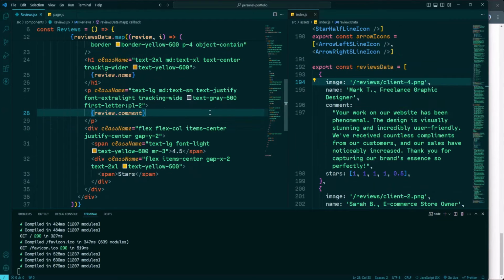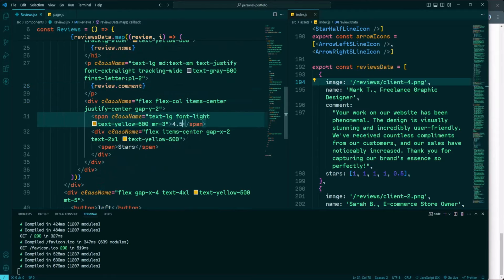Now let's move on to calculating and displaying star ratings. We will use the reduce method on review.stars to sum up the star values. This method helps us dynamically calculate the rating based on the stars array for each review. In general, the reduce method iterates through an array, processing each element with a callback function to produce a single accumulated result. So here, instead of this hard-coded rating, I'm going to open curly braces and then insert